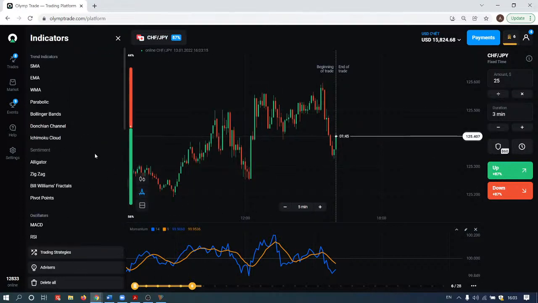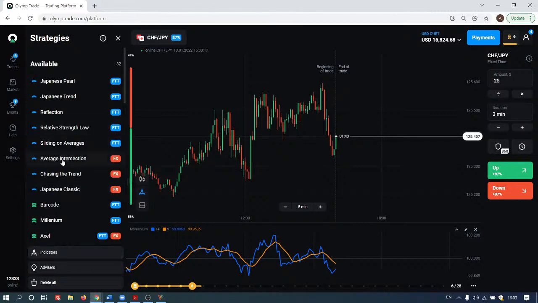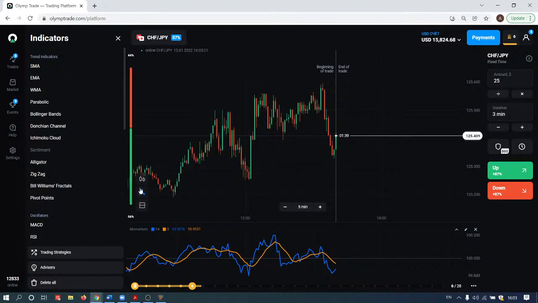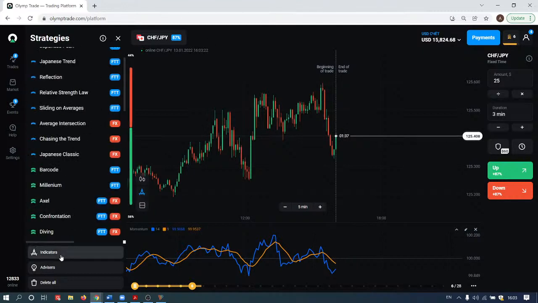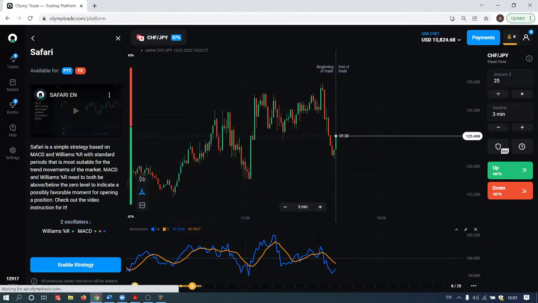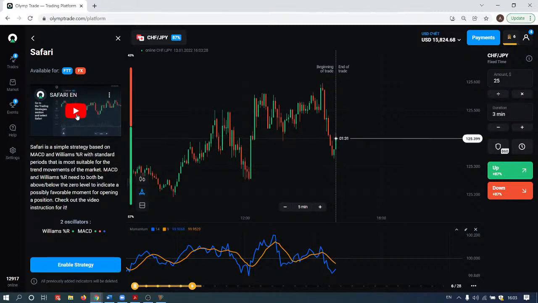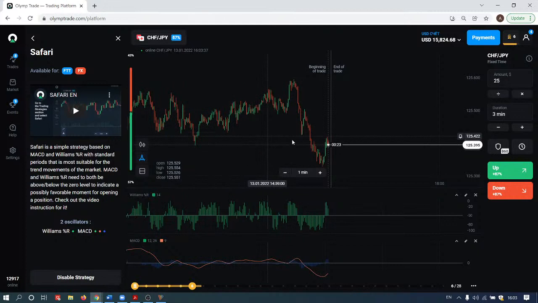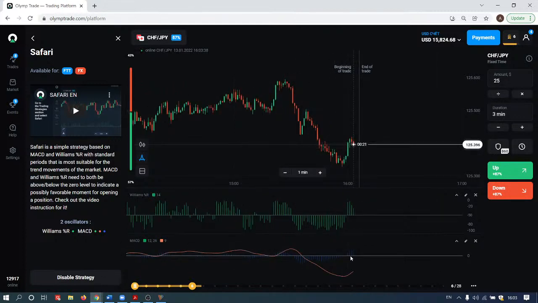So first of all, we need to go to the trading strategies tab. First we need to click on this instrument. Then we go to trading strategies and we need to select Safari. There is a short video which can help you explain how this strategy works. And then you need to click enable, and with a single click, you now have